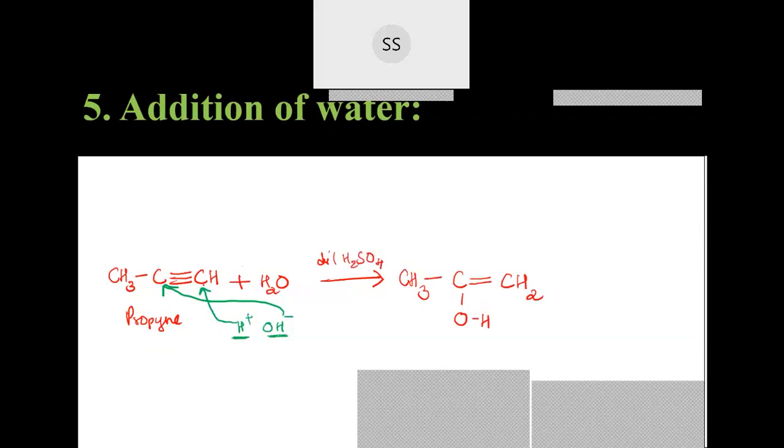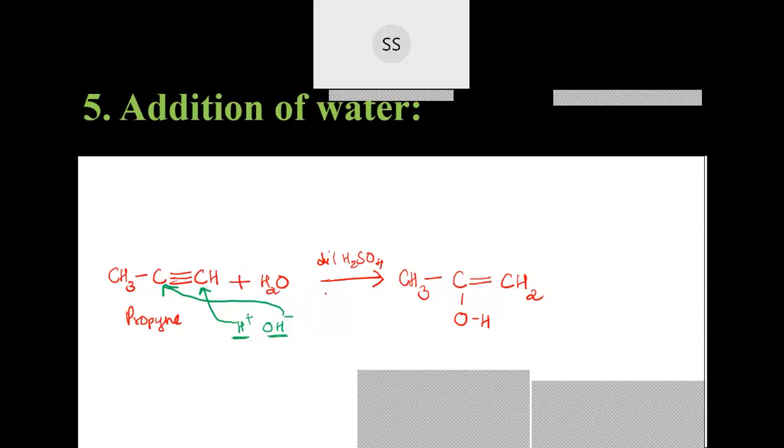If you remember, for alkene also we have taken water in the presence of acid. So acid helps you to add this water, otherwise normally water will not get added across the triple bond. And one more thing, since there is a triple bond, these compounds are a little less reactive. Because of the triple bond, their reactivity is very low, so addition of water does not take place easily, so we require a catalyst for it.